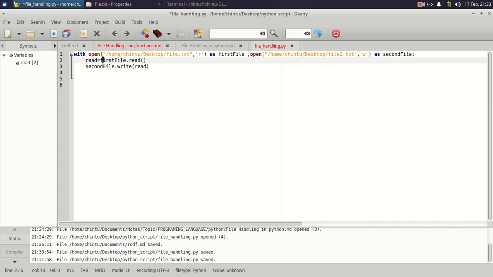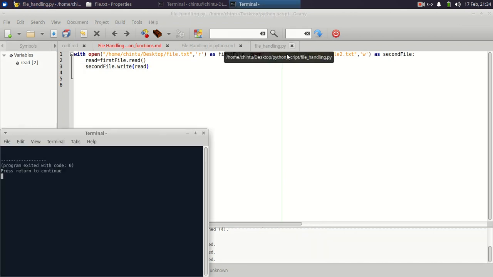So the first file will be read and stored in a read variable, and the second file, file2.txt, will be created on the desktop, and the content of the first file will be written into the second file.